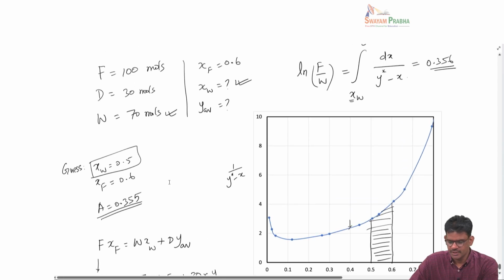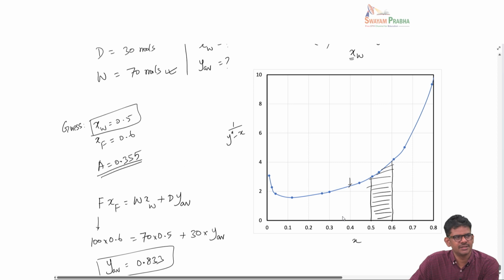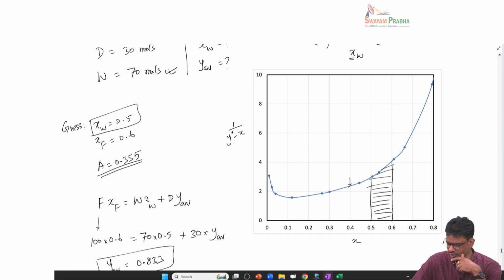Then what I also did was, since this range is very narrow, 0.5 to 0.6, I was wondering if the relative volatility in this range could be constant. So then I can actually use the integrated Rayleigh's equation. So in order to do that,